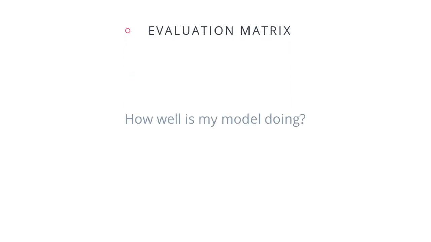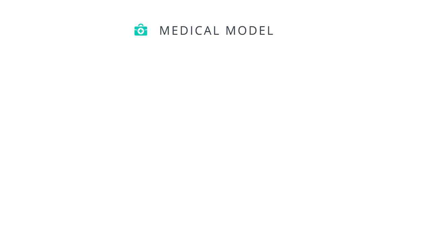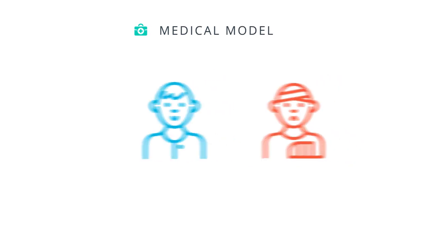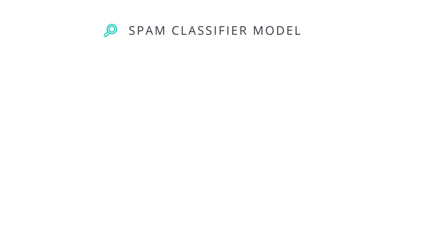So after we develop a model, we want to find out how good it is. This is a difficult question, but in this section, we will learn a few different metrics that will tell us how good our model is. So we're going to look at two main examples. The first example is a model that will help us detect a particular illness and tell if a patient is healthy or sick. The second example will be a spam detector, which will help us determine if an email is